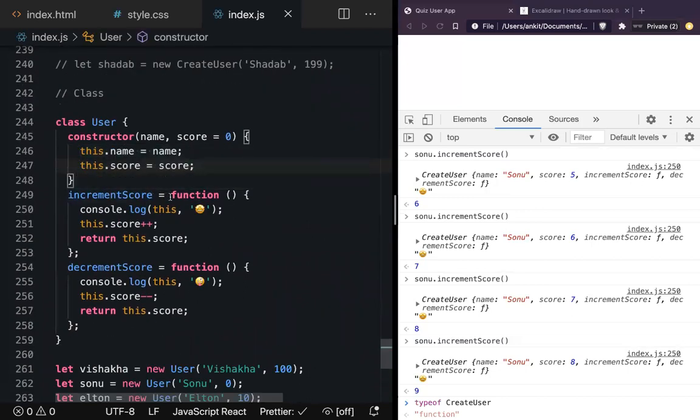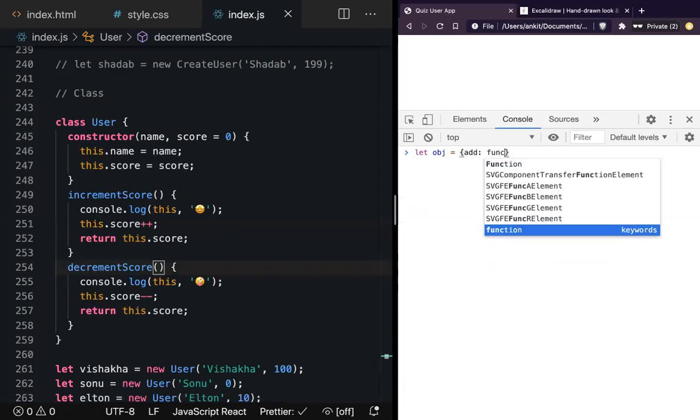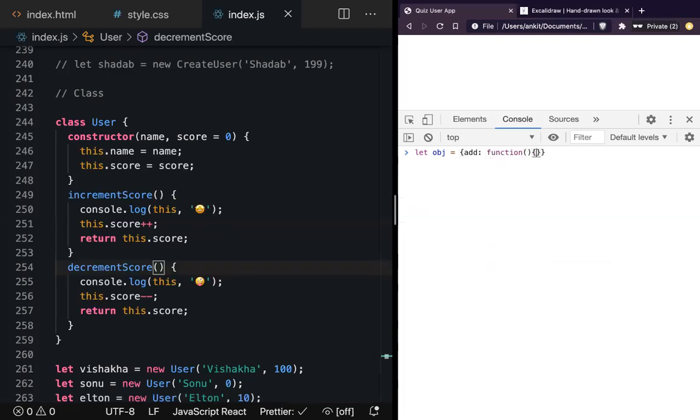And here what you can also do, it's not a property of classes, it's just a property of objects, is that instead of writing function, you can directly say this is the key and this is a function. You can do it inside an object also. So I'll just show you that. I have an object, let obj is equal to, and I want to create an add method. So how do you define that? You do it something like this. Alert, hello. And this is known as short syntax. So I am saying add is the key and that is a function.